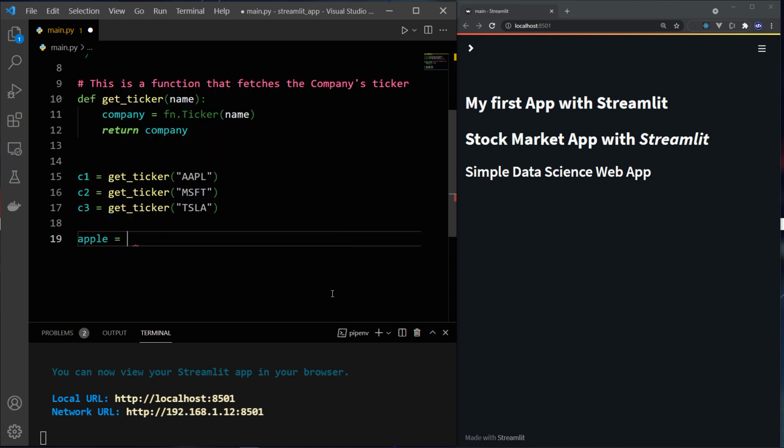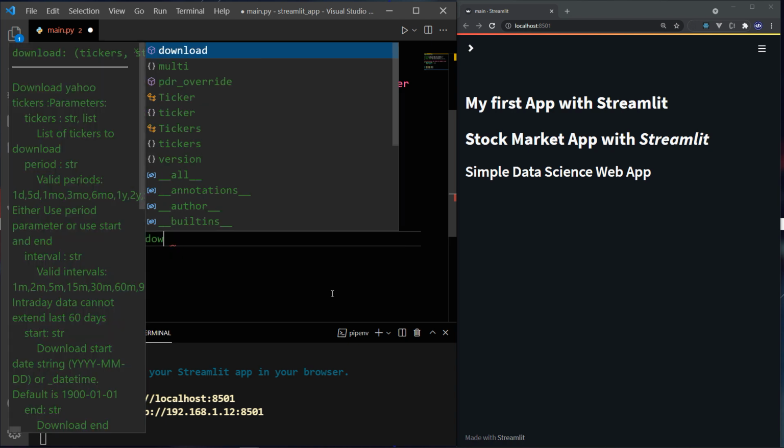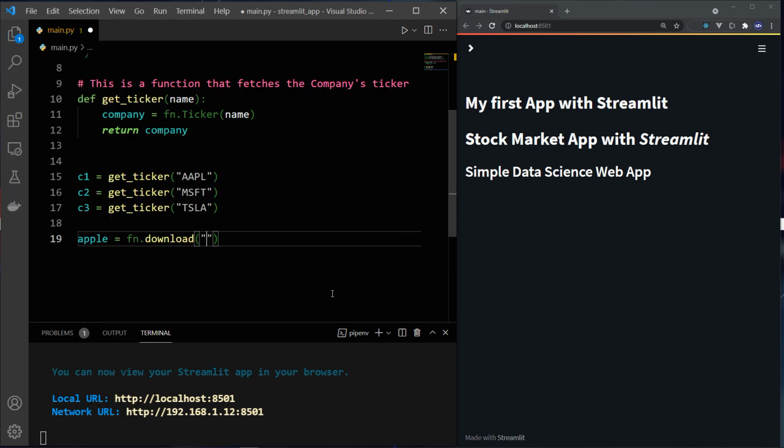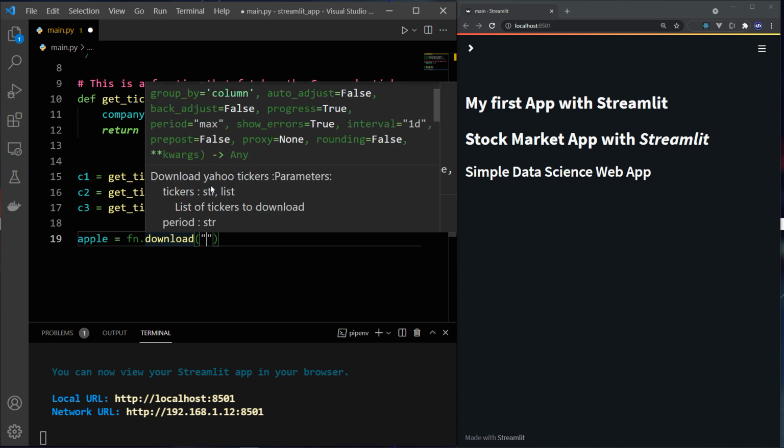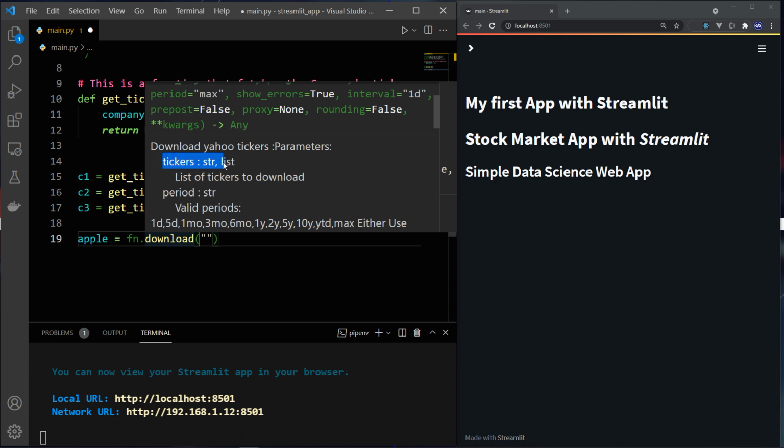Let me create the first variable, Apple, using the Yahoo Finance download. And first of all, if you hover over download here, you'll find that there are a lot of parameters. So you have the tickers. If you just come here, you'll find that you have tickers, which is in the form of a string or a list